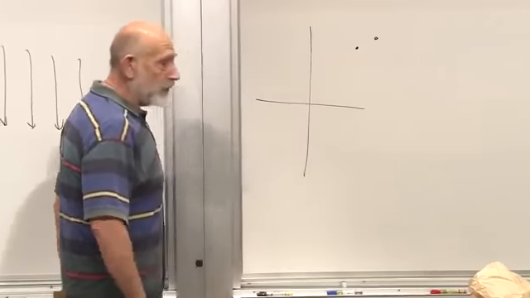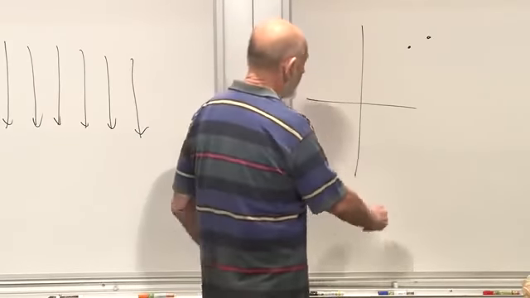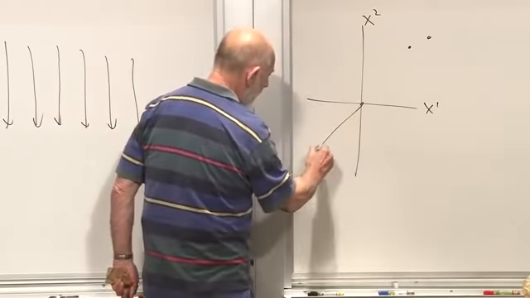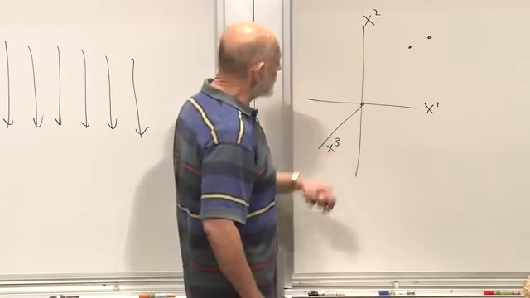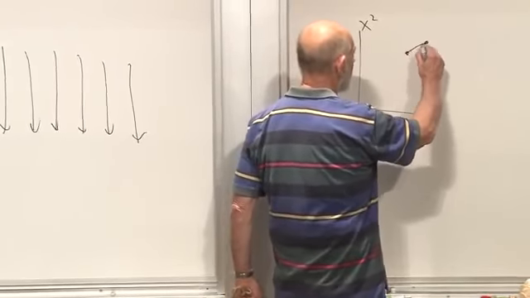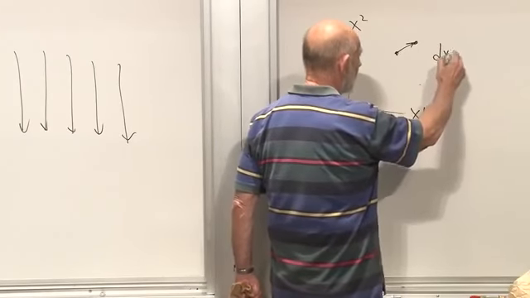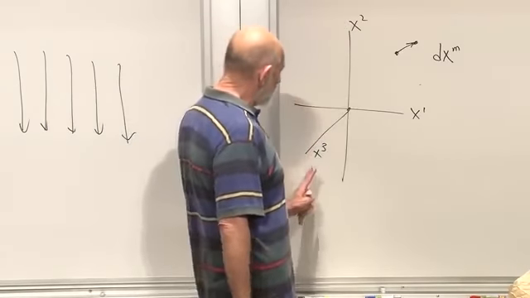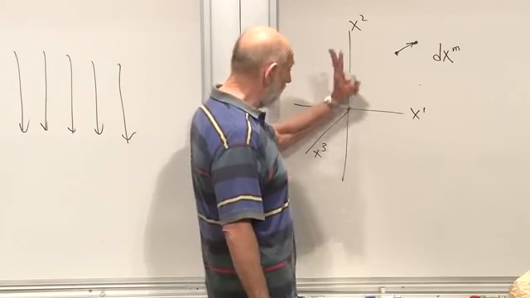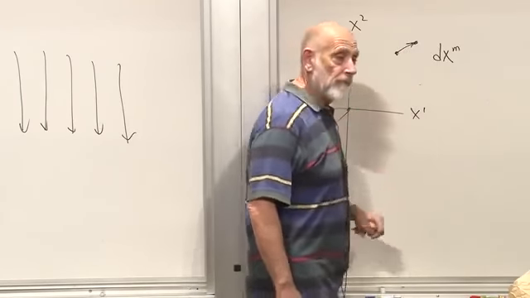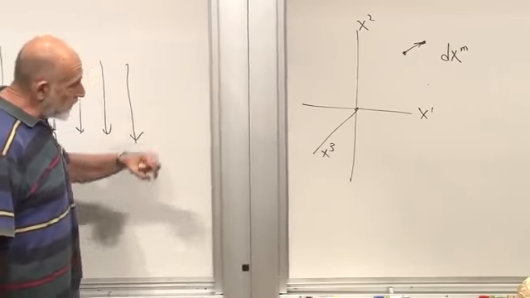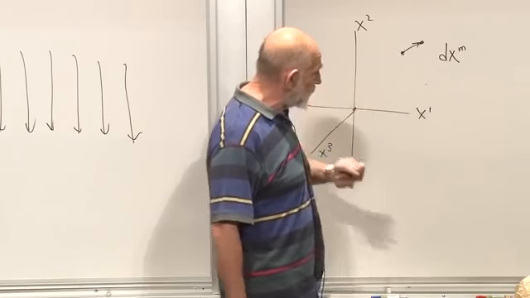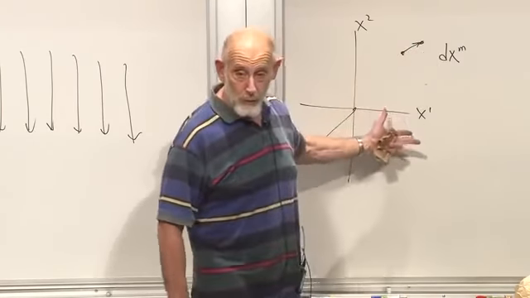What's the corresponding thing for Euclidean geometry? And now let's just say there are a bunch of x's. This could now be x1. This could be x2. There could be another x3 coming out here. And supposing there's a little interval here characterized by a dx, and let's call it m. m represents whether it's x1, x2, or x3. This is not x1 squared. This is x1, x2, and x3. And if I prescribe for you a set of, in this case, 3 dx's, 3 components of a little shift, what's the distance between these 2 points? And we all know it. It's just